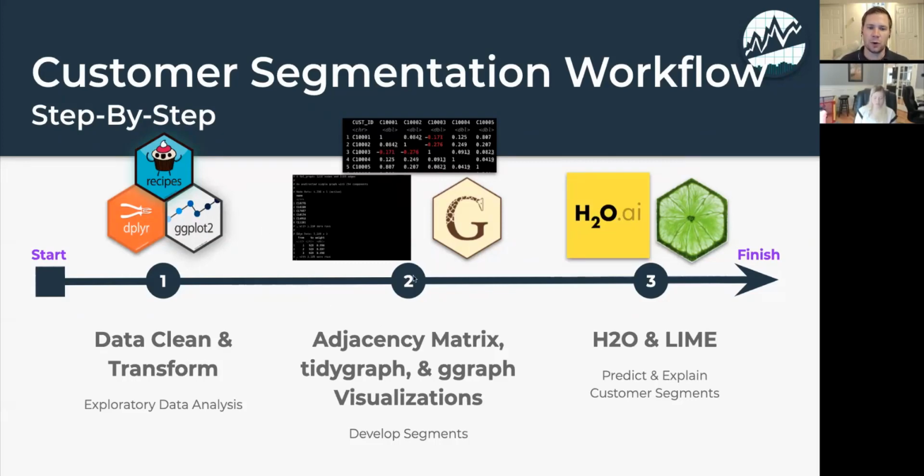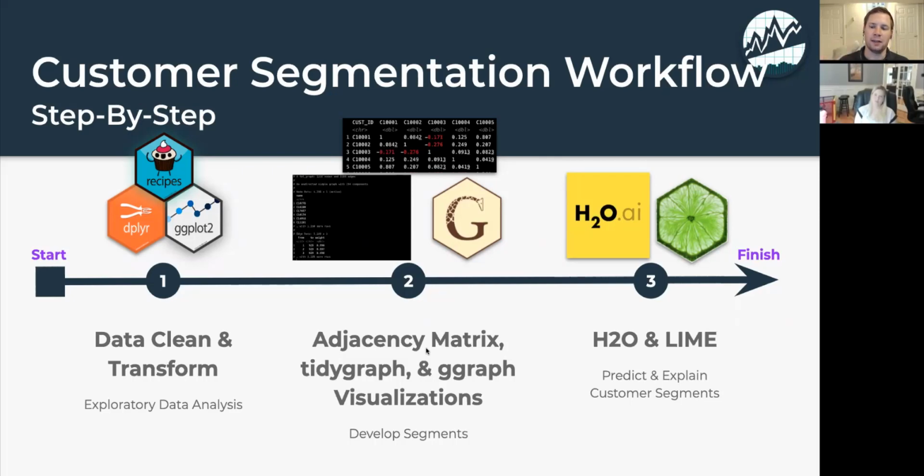In step 2, we're going to modify that data set. Once we've got that customer data set cleaned, we have to convert it to an adjacency matrix, and then we're going to use tidygraph and ggraph to visualize it and identify the most influential customers,